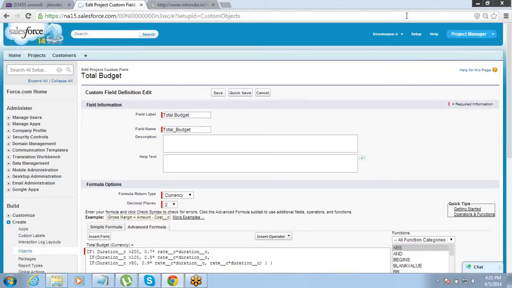Validation rule is basically a rule which is defined to validate the data. Let's say your company says that we will not take any project which is less than 20 hours of duration. So that is where you might want to put a validation rule that by mistake also someone should not take up a project which has a duration less than 20 hours. So the data gets validated when anyone is creating a project record. It checks if the duration is less than 20 hours, it will automatically throw an error message.